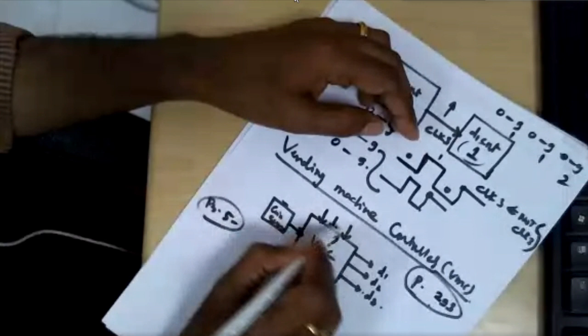Suppose I am putting here a 2 rupees coin. Then the system should not allow me to select the drink. The system should ask me to put the remaining amount. In that case, your red color LED should be on, telling me to please drop the coin. Something like that. So again, I am putting 2 rupees. Again, I am putting 1 rupee. In that case, now the process should go to the state where the select your drink message was displayed earlier. Right?